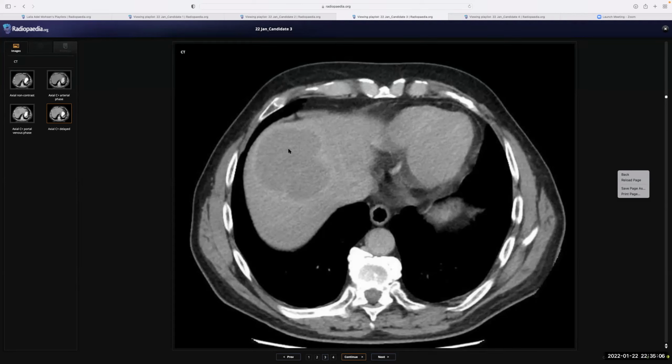septations are mildly enhanced. So I think this is an abscess, amoebic abscess, or long-standing hydatid, or cystic hemangioma also could be there. The surrounding liver looks normal, and the outline of the border of the liver also looks normal. So I can't think of hepatocellular carcinoma